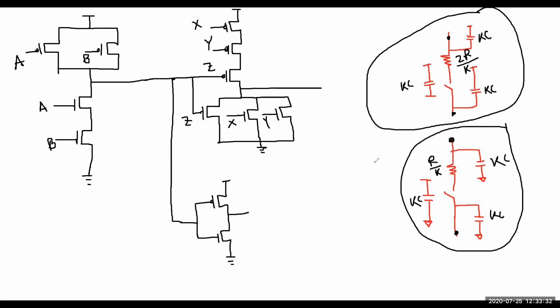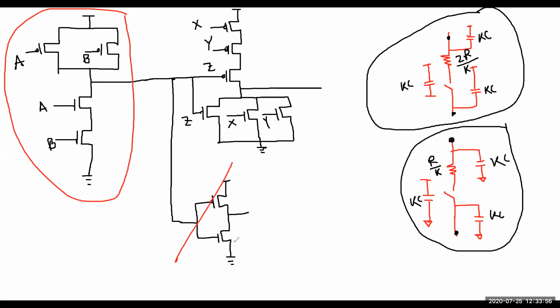Okay, the screenshot is there. Now I need to replace these in all NMOS and all PMOS. But since it will be very big, we will only replace them in our NAND gate. Why? Because the NAND gate is the gate we will be analyzing for fall delay and rise delay. The other ones we do not have to do; we will just assume we have done it. Got my point?